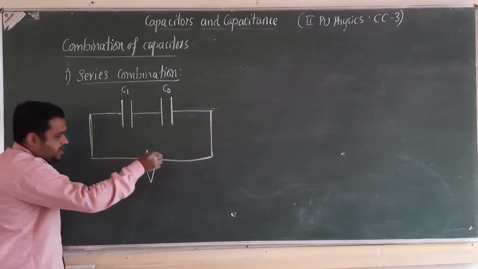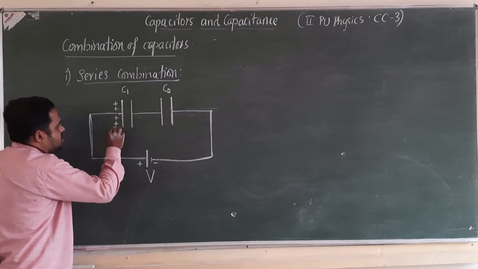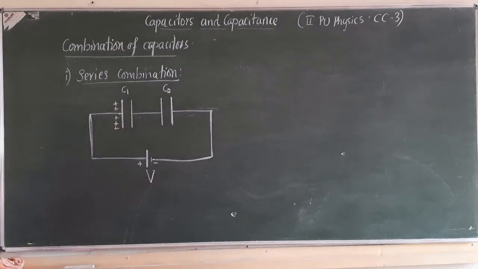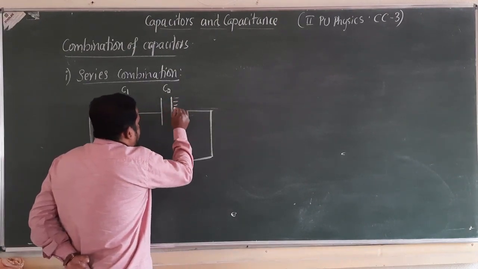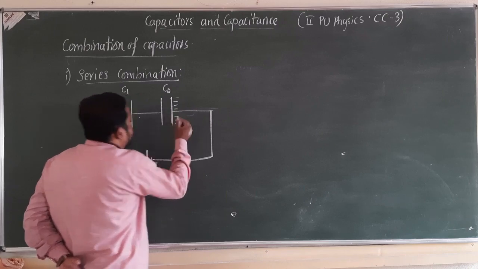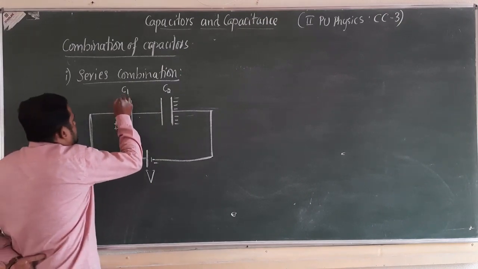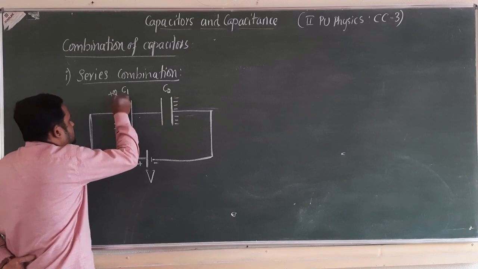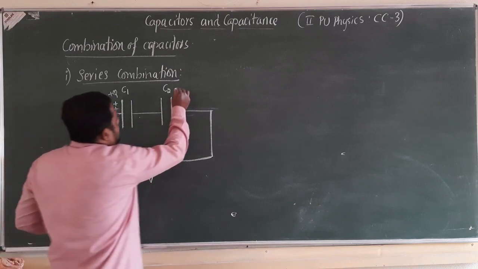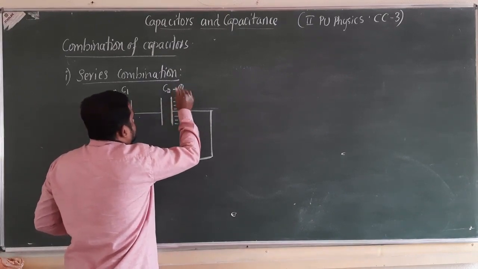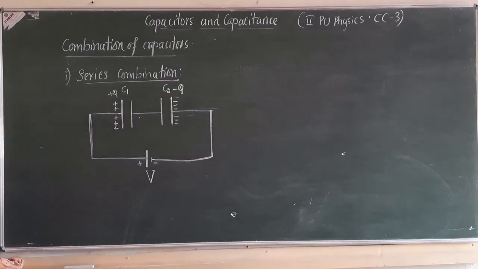That means as time passes, this plate becomes positively charged, or amount of positive charge in first plate of the combination increases with time. At the same time, negative charges will be delivered to the last plate, so amount of negative charge in the last plate increases with time. If you consider the magnitude of charge, if plus Q is the amount of charge stored in the first plate of first capacitor, equal amount of negative charge will be stored in the last plate, that is minus Q. Okay, plus Q and minus Q.